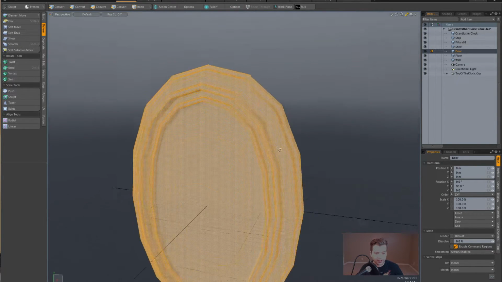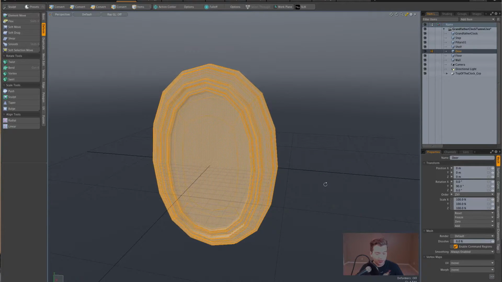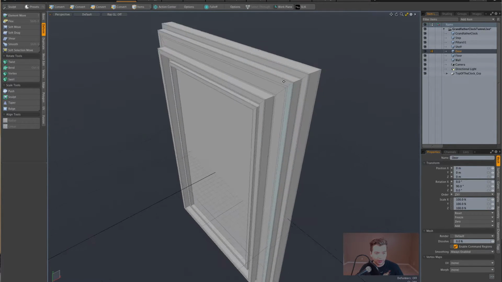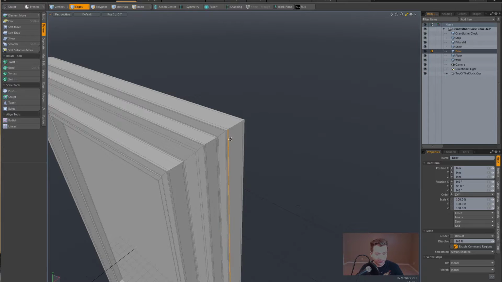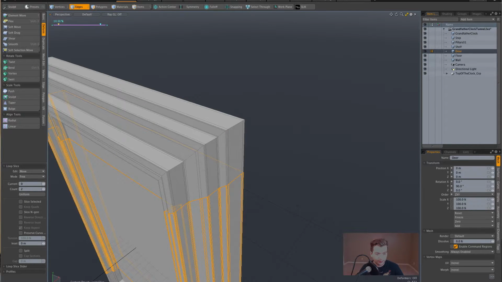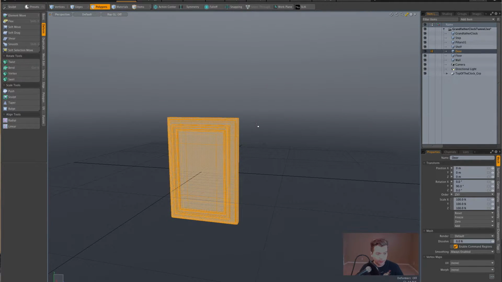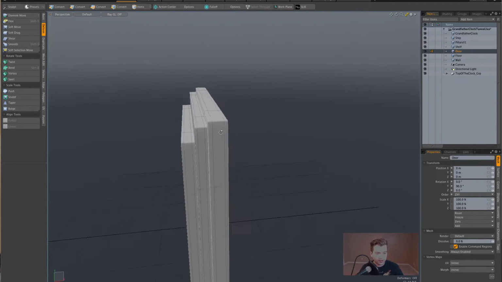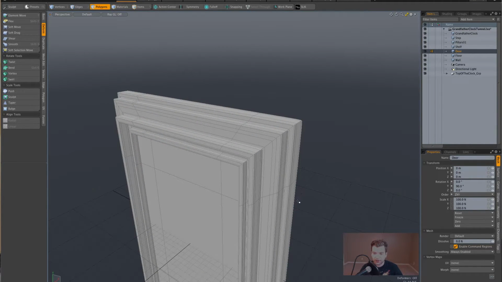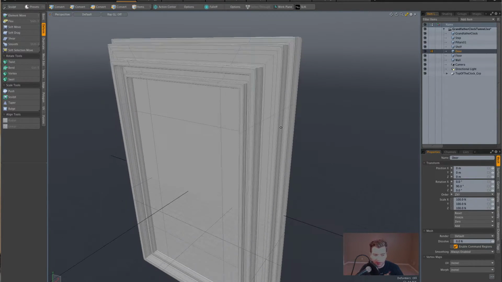And of course you can see it's shaped like a mirror because we actually need to add holding edges here for the creases on the side of the door. Now when we smooth, we get this nice creased edge on the door, on all parts of the door,